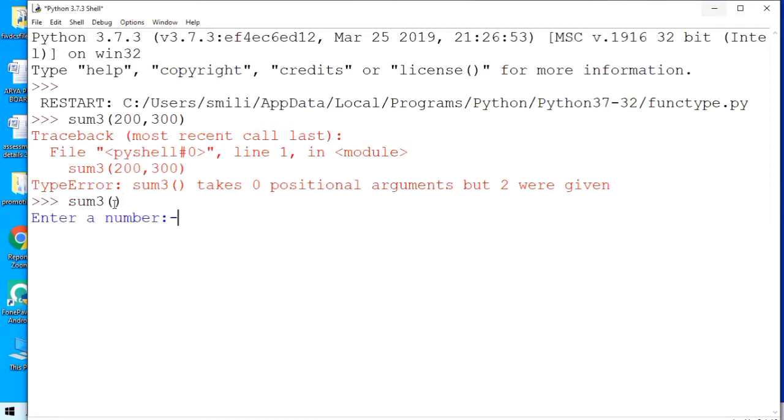Now here I will provide a value 200, let the second be 500. Now let's execute, let's press the enter button and see whether we are going to get any output or not. So we are getting the output, and that is 700.